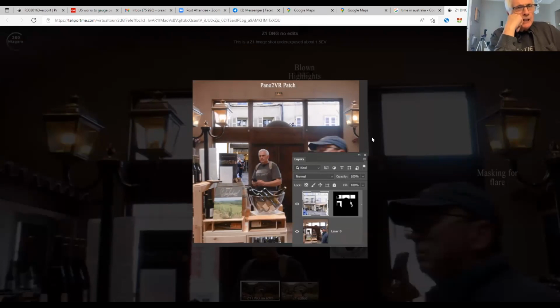If I had shot HDR, which would have been impossible in this scene because of people moving about, perhaps handheld HDR wouldn't have done enough. So I replaced the window using masking in Photoshop, actually. And rather than doing it on the 360 image, because it's very hard to match the look of what's outside the window,